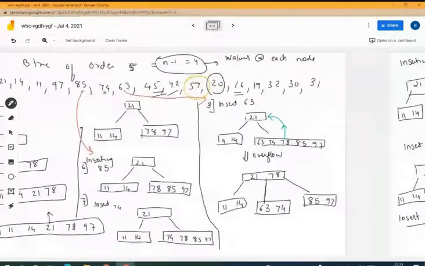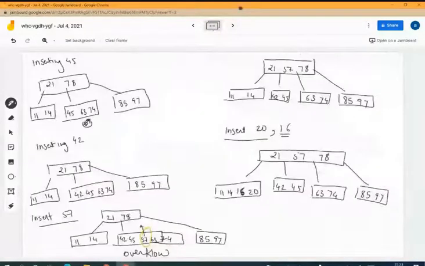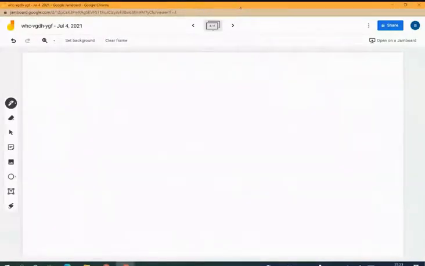Now the next element to be inserted. Which is the next element? If you observe here, the next element is 19. So I will insert 19. Naturally after inserting 19, it will come somewhere here, towards the left of 21. So I'll write this down again. It's 21, 57 and 78.